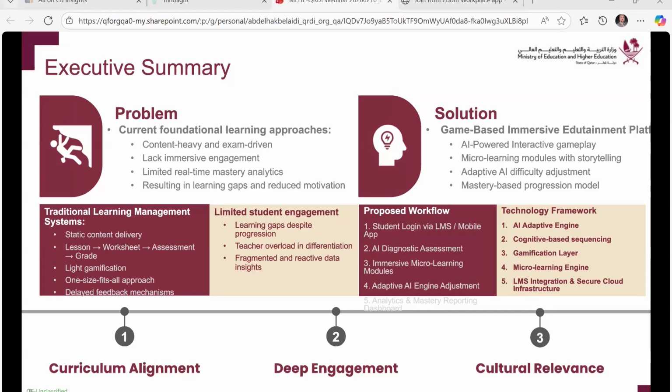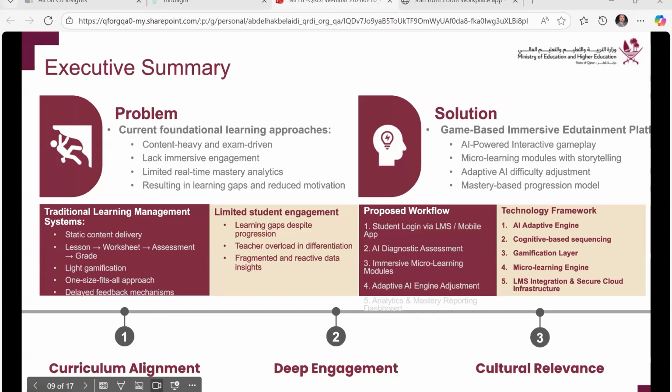And existing digital learning platforms, primarily learning management systems, deliver education in a traditional method, even if it is enhanced with gamification or light types of gamification like points, badges, and such. But at the end of the day, it's only education with a flavor of gaming. So the solution that we are searching for is a fully game-based